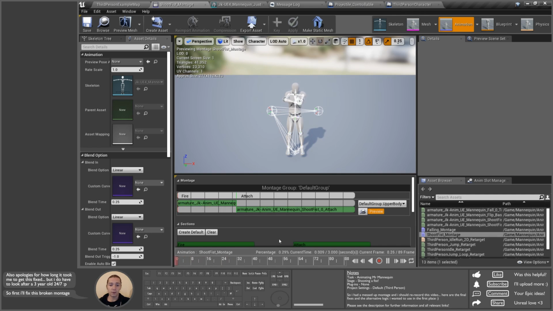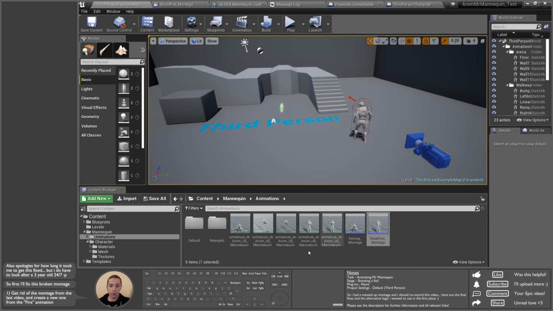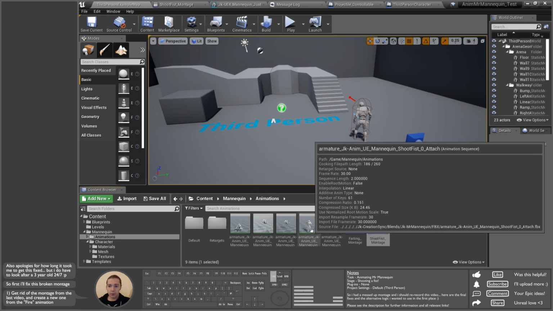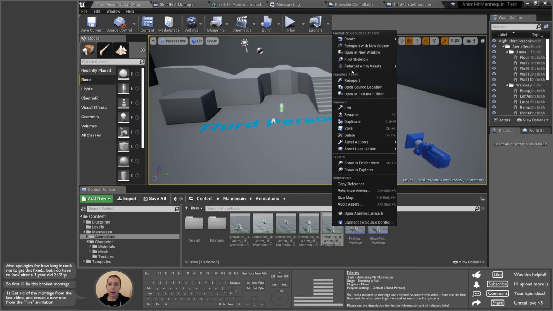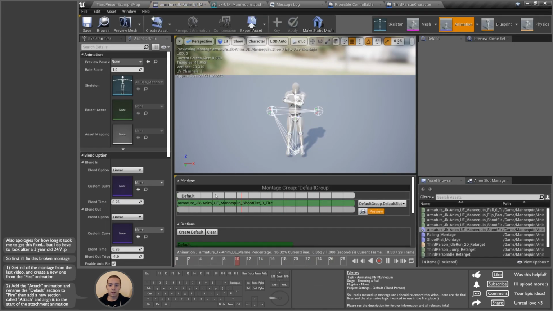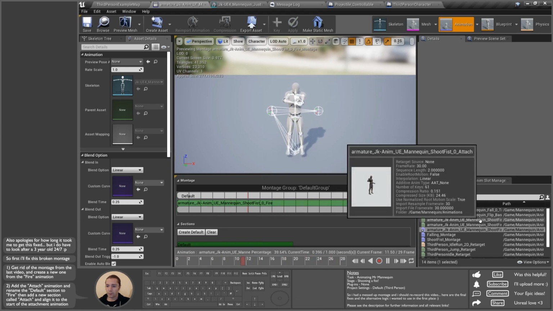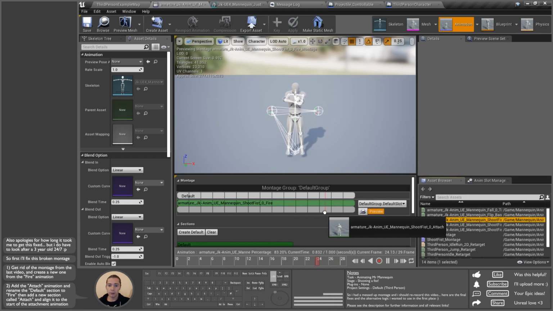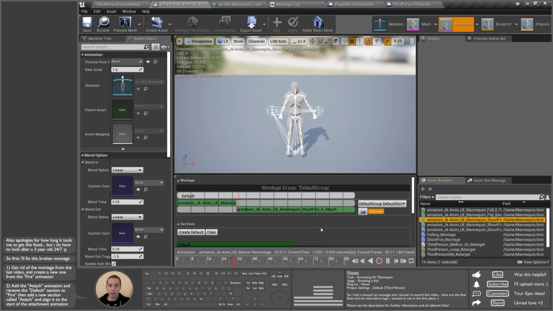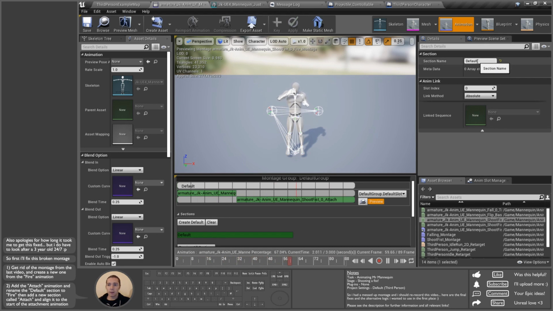So to fix that, I've remade this montage by taking my shoot fist fire animation, right clicking on it, create, and in montage, and then in here dragging across the attach animation, adding it to its own section there. I've renamed the default section to fire,